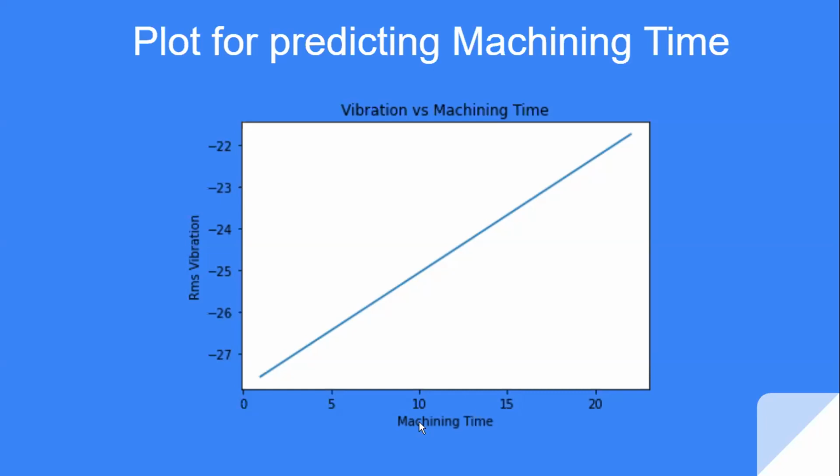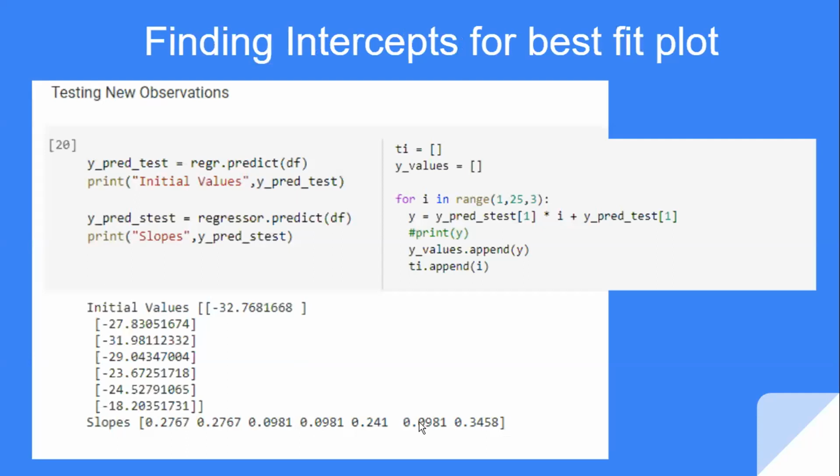When you say machining time, what is machining time? Is that the life of the tool, or what is this machining time? I mean, for how many minutes it took to damage the tool. So it's the tool life only, then? Yes, sir, tool life. Ultimately, for the new value of the vibration data that we get, we have to predict the time, right, sir? Correct. So if you go to the next slide now.